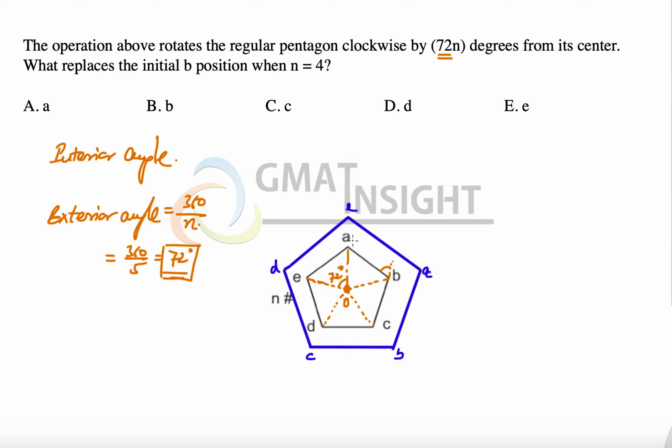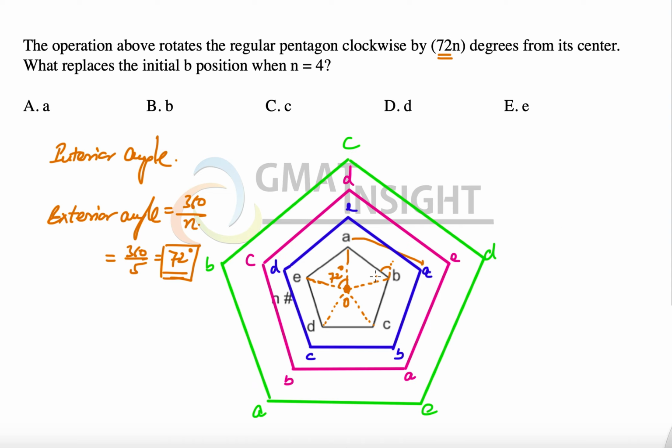So here A has moved from its initial position to the next position. Likewise, B has moved. Every point has moved by one place to the right. In a similar way, we have to rotate the figure 4 times. So the blue figure gives us only one rotation. Now the next two rotations can be seen like this. After the blue rotation, the pink rotation looks like this, where point A moves one more position clockwise, and this is the second rotation.